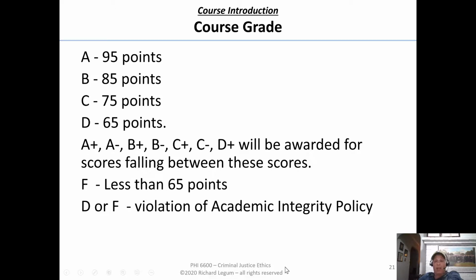If you have a violation of the academic integrity policy, number one, if you're caught cheating on the exams, the exams will be on Blackboard and will be timed usually. If it's an in-class exam, which this semester we happen not to be having, but we'll go back eventually when we get out of this COVID business to having in-class meetings and taking the exam in class, although I'm inclined to give it to you online. But if I catch you cheating on either the multiple choice test or on the essays, and it's usually on the essays that people